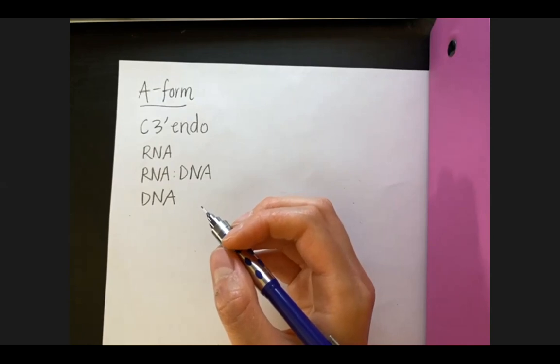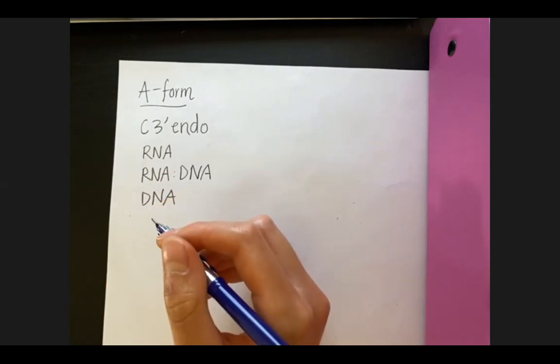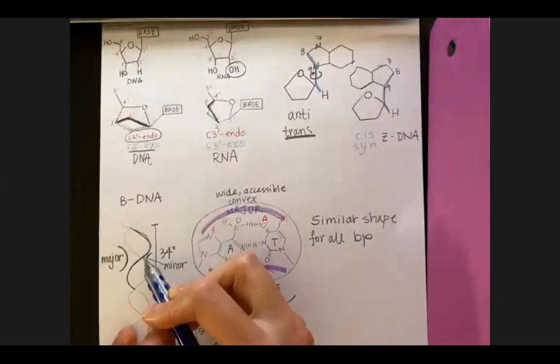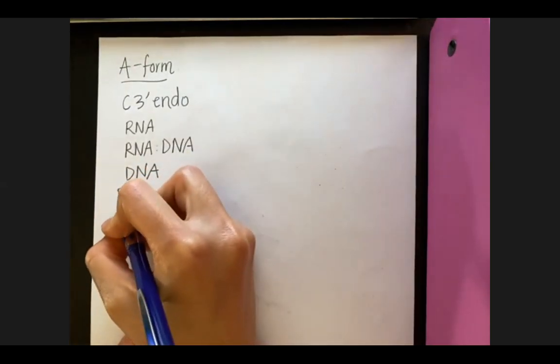I forgot to mention, the helix is right-handed, like you heard from the other tutors. A-form is also right-handed,